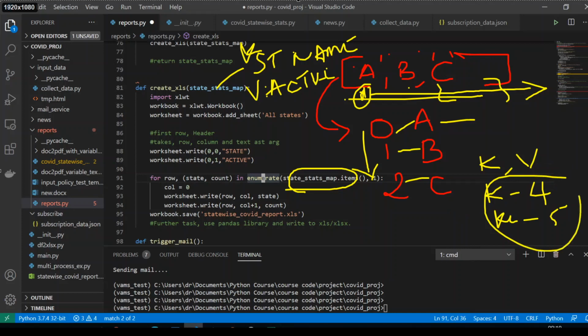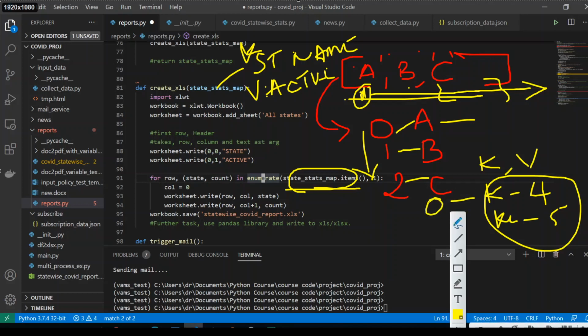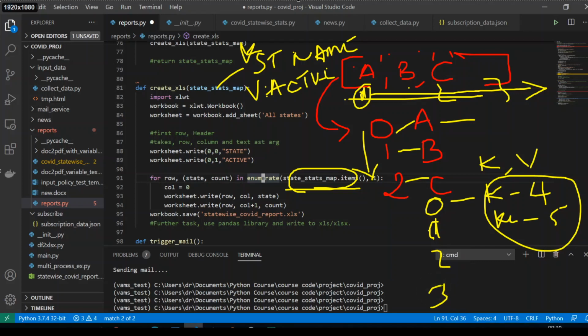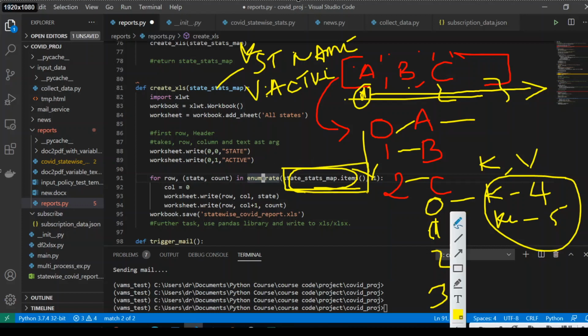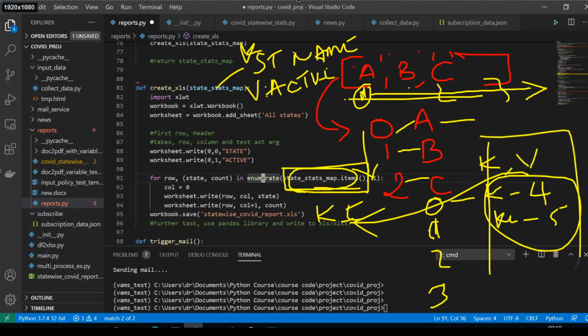So this is a complete dictionary, and when I enumerate it for these items, I get numbers assigned. So why do we require that? We'll see in a moment. So this is 1, this is 2, 3, and so on till the end of that particular list. So the output of items is nothing but a list containing keys and values, as we saw here. Okay, so I am just enumerating this list.